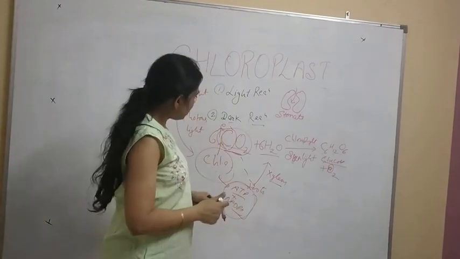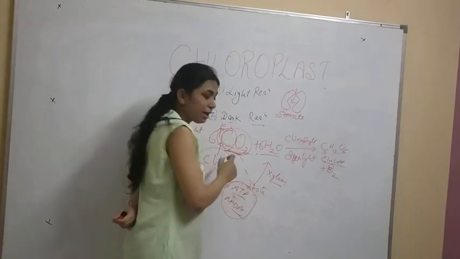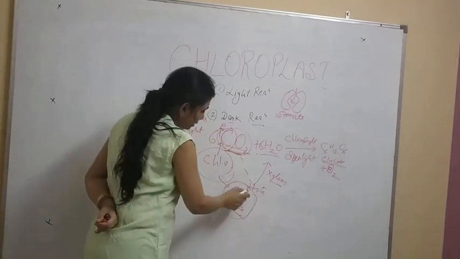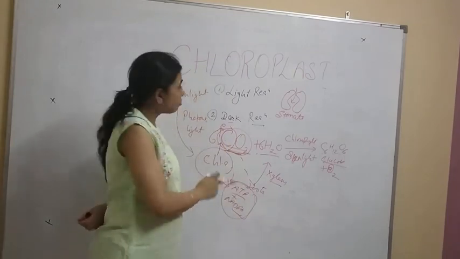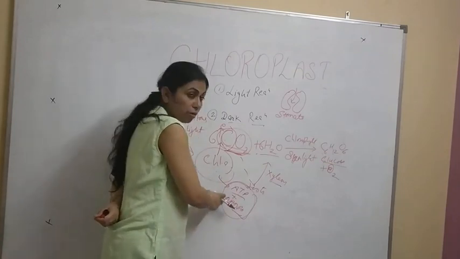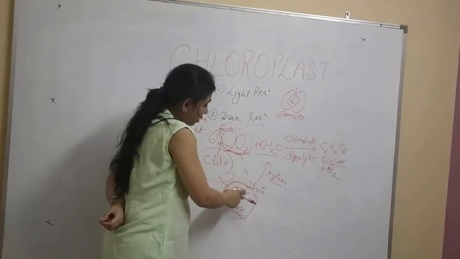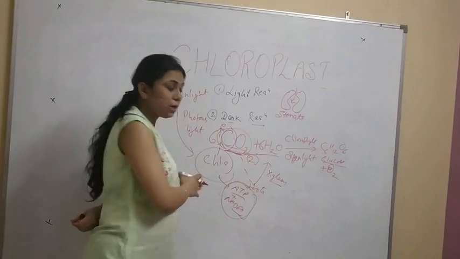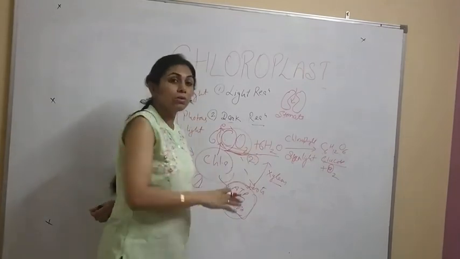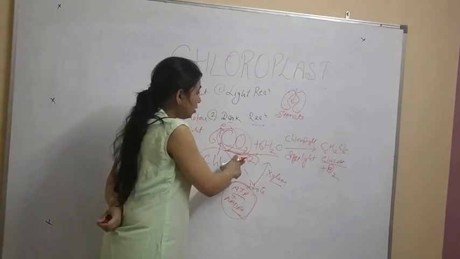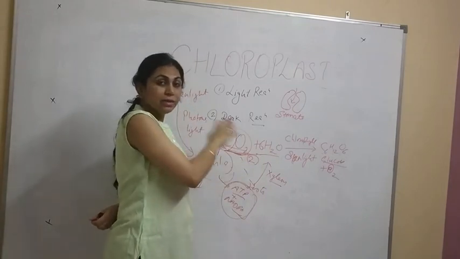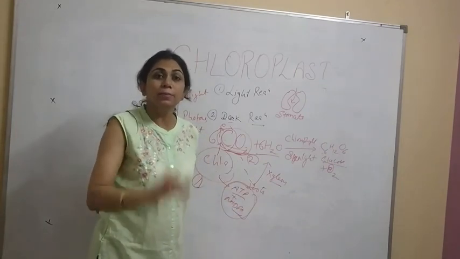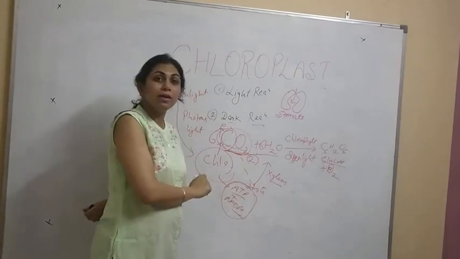Okay, but the next reaction, the reduction of carbon dioxide, uses the products of the sunlight reaction, that is ATP and NADPH. We are not using sunlight, we are using their product. So this is the first step and this is the second step. The first step is called the light reaction and the second step is called the dark reaction, because it is not directly dependent on the light. It doesn't mean it occurs in the absence of light. It occurs in the presence of light, but it depends on the product of the light.